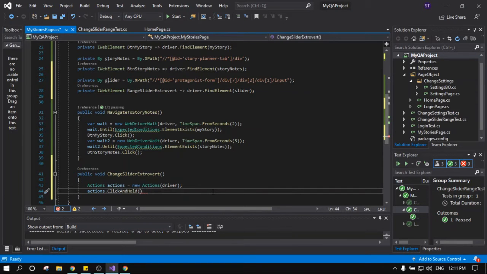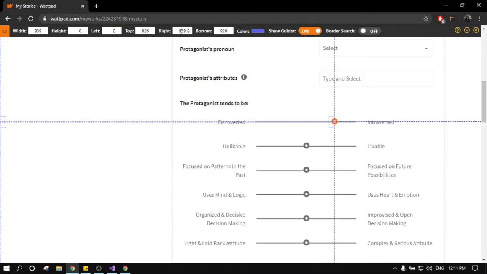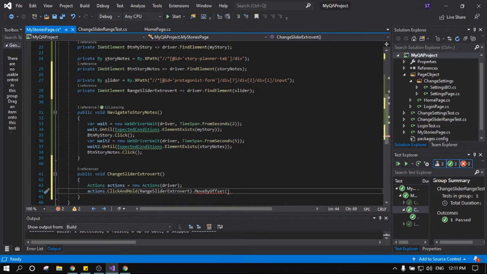Let's see if we can write range slider extrovert dot move by offset, and here we have to write the x, the int, so it's this value and this value, 926 and 939. Okay, and then release,